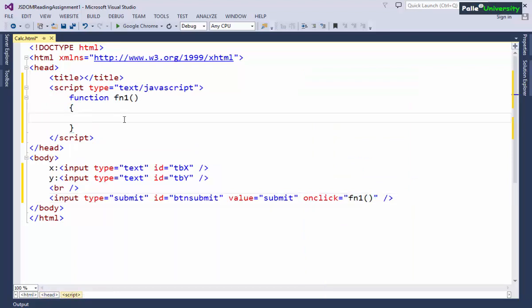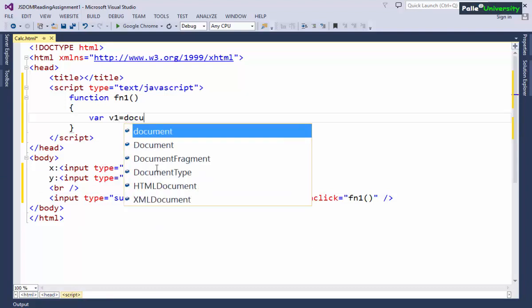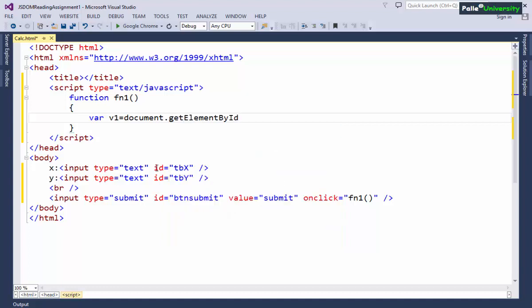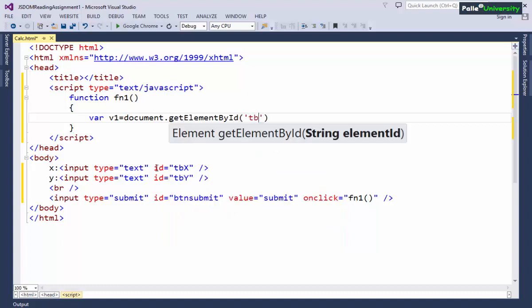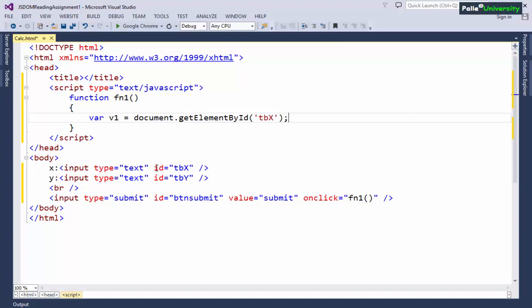Now inside the function, first we need to get the reference of the first text box. Let me write var v1 is equal to document.getElementById tbx.